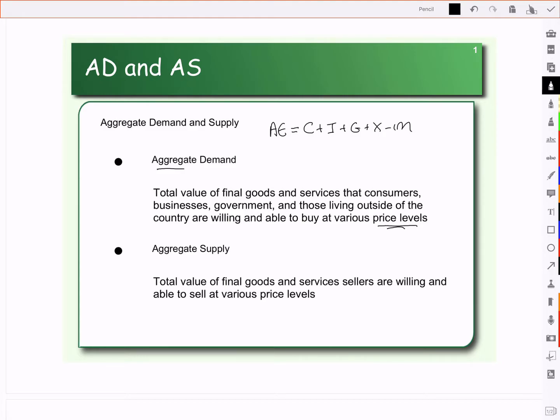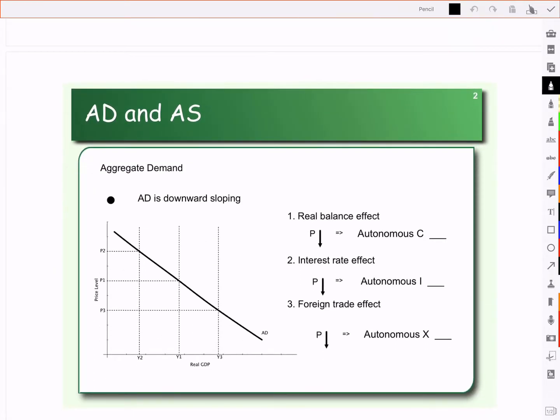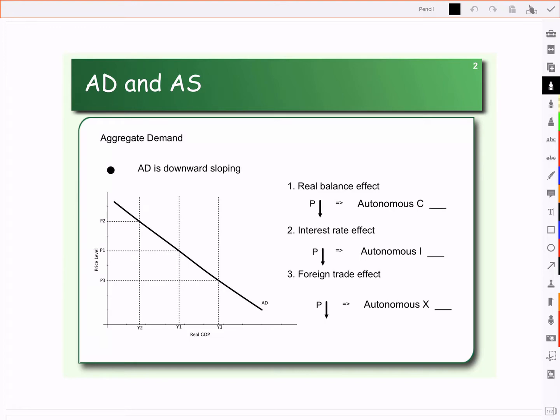So where does that aggregate demand come from? Well, in the previous level, we derived aggregate demand by looking at how our autonomous spending changes when the price changes. And we can narrow it down really to three effects that create this downward sloping aggregate demand curve. So the first was the real balance effect. If the price falls, prices of goods fall, then that means that the money in our savings account, the value of our savings,